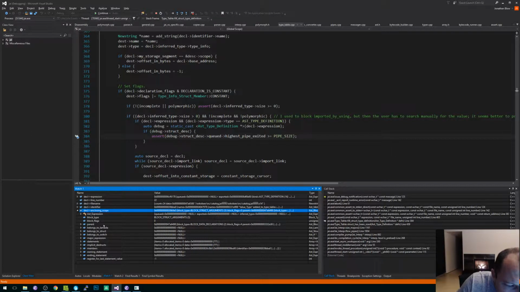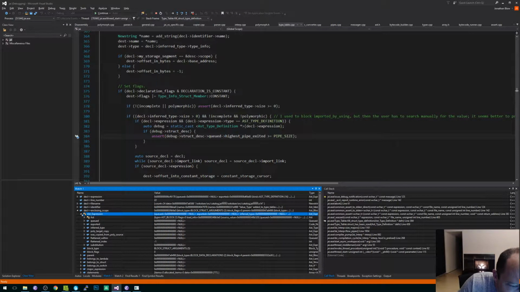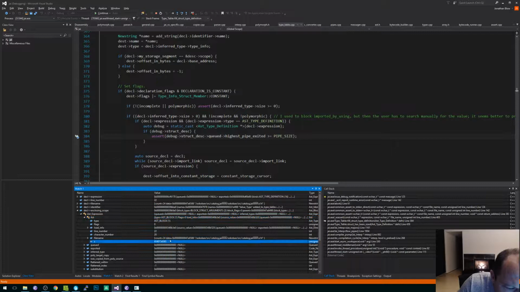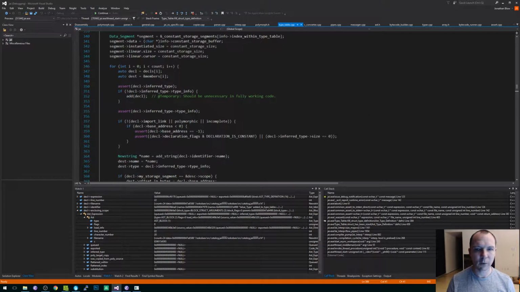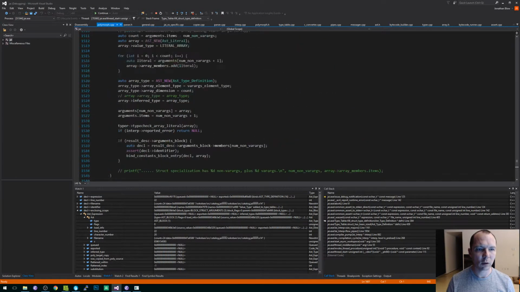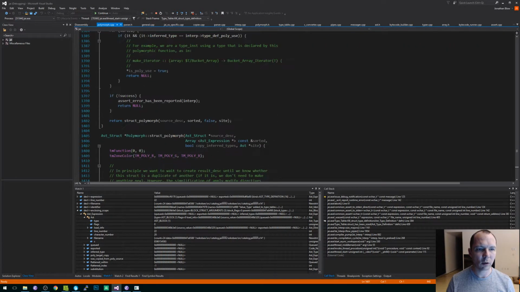The pain here is that this scope doesn't point back to its own struct. Okay, so I'm going to do this. The enclosing scope of this declaration is a struct arguments block, and its serial number is this. So in struct polymorph, is that where we are?